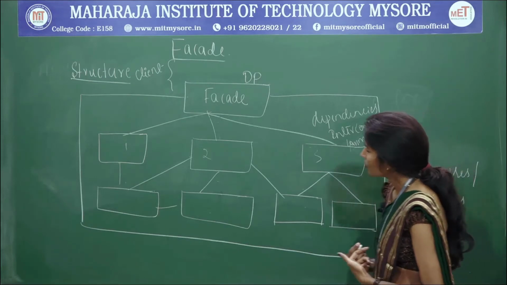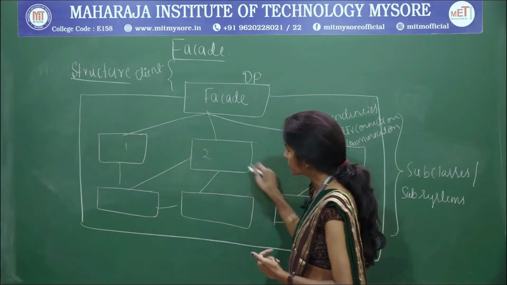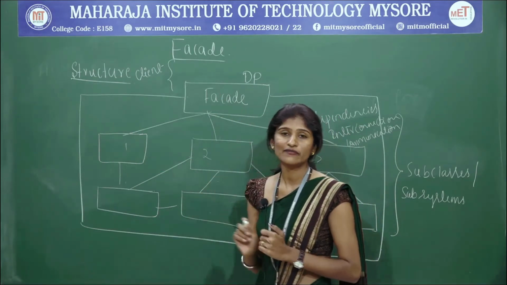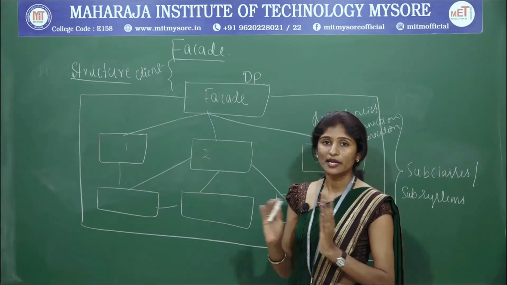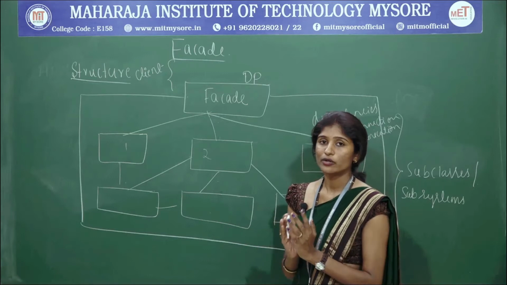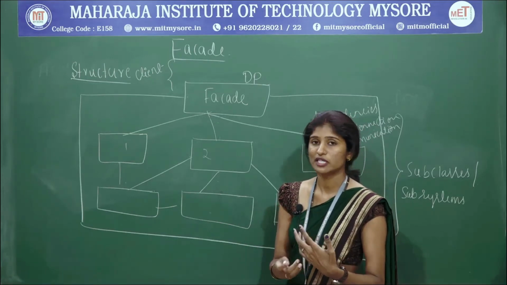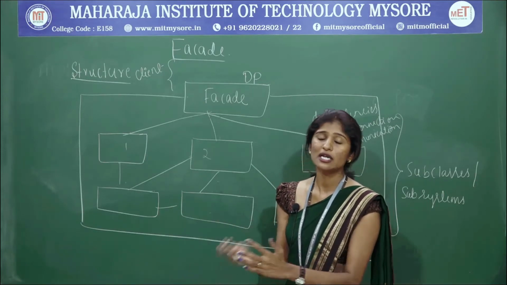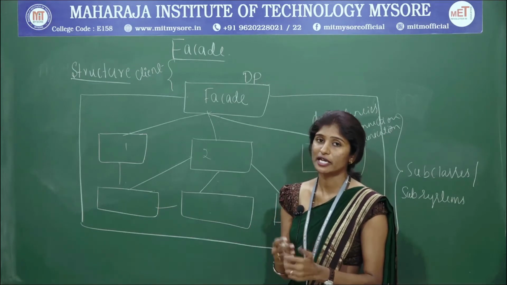Okay, so now what I need to do? If I connect all the subsystems with the client system, that is the main system, it is difficult for us to maintain the system like that. It will make it complex. I cannot tell which subsystem I am going to access, which subsystem I need to remove, which system is dependent on which system. So it's difficult for us to identify what is taking place.